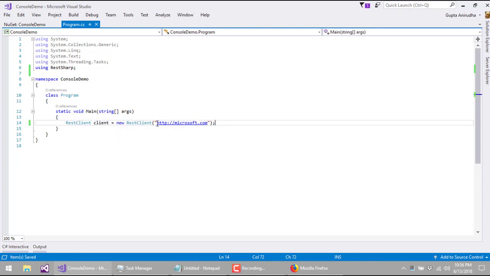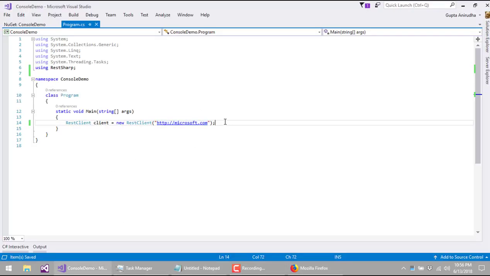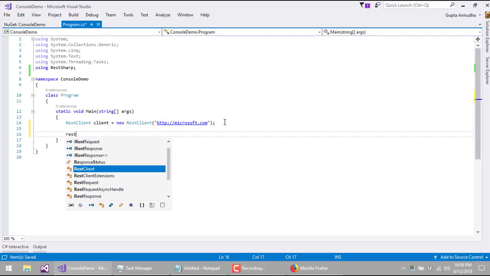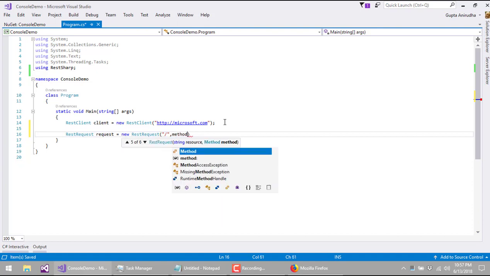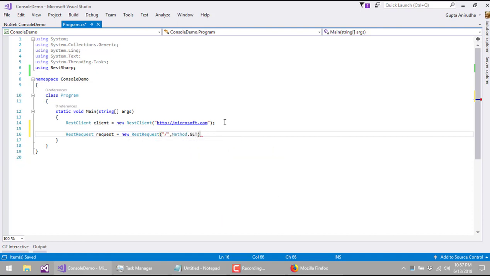Let's see if it's not blocked on my computer. Okay, so let's try it out. So I define a get request and